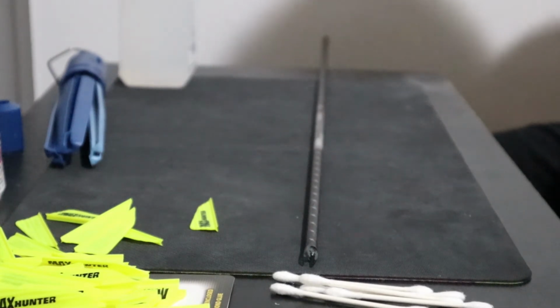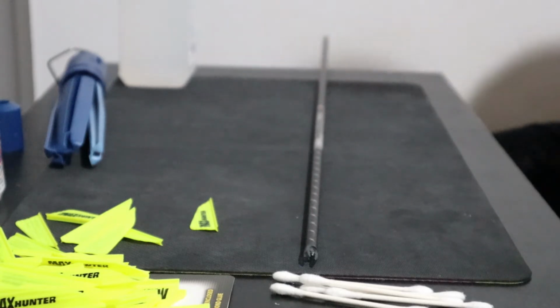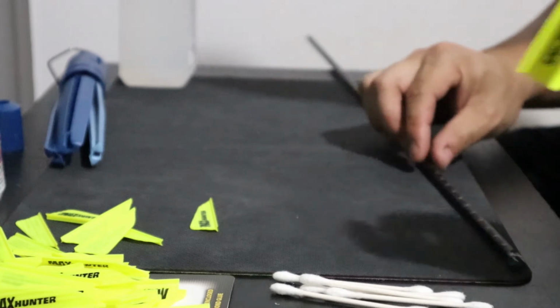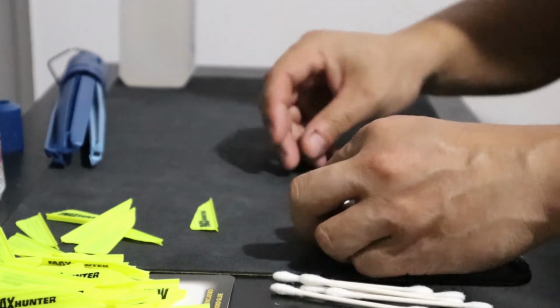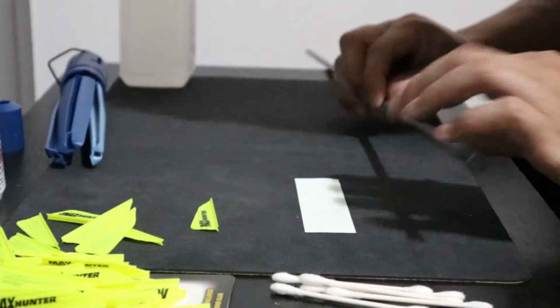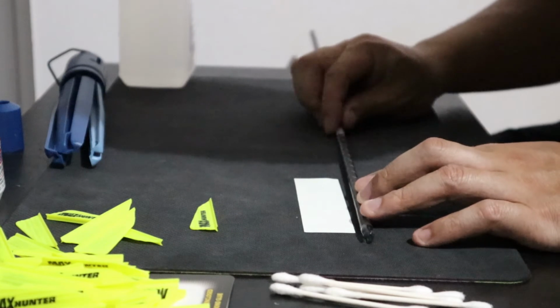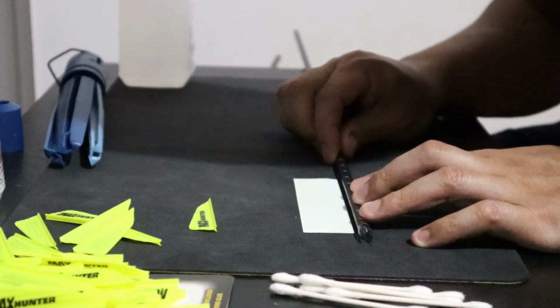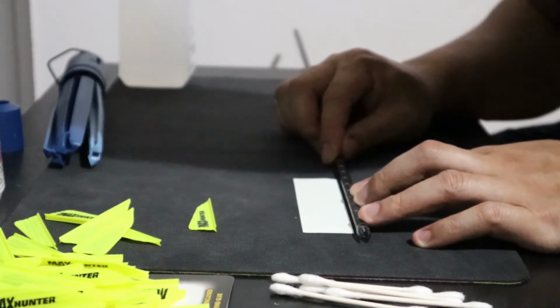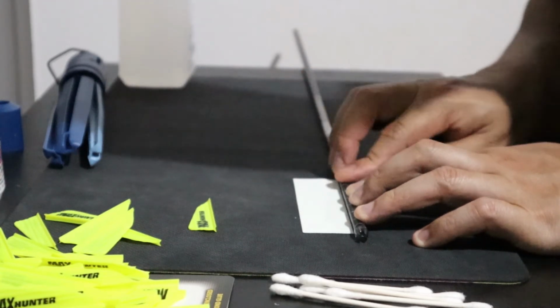Well, this is a boring but yet tedious video, but I've always wanted to fletch my own arrows. I've always just been using either the factory Blazer vanes or Quick Fletch. Quick Fletches aren't bad for the money, it saves you time, but